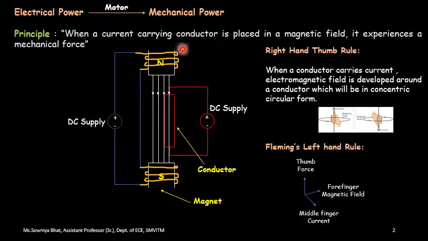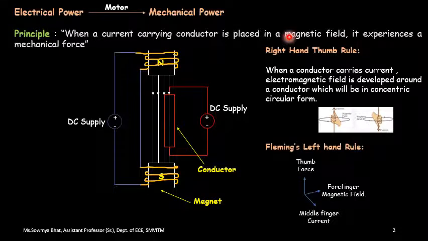If I want to make a current carrying conductor, I need to connect a battery. So I have used a battery over here, the DC supply, plus and minus, positive and negative power supply. If I connect this conductor through a battery, this red colored circuit, the completed one you are seeing, is nothing but a closed loop or a closed circuit. So obviously it will carry a current in it. This entire thing, that is the conductor along with this DC supply, is going to behave like a current carrying conductor. Now how do I place this current carrying conductor in a magnetic field?